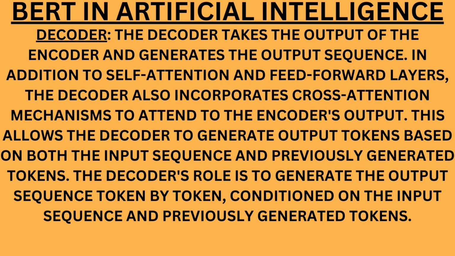Decoder. The decoder takes the output of the encoder and generates the output sequence. In addition to self-attention and feed-forward layers, the decoder also incorporates cross-attention mechanisms to attend to the encoder's output. This allows the decoder to generate output tokens based on both the input sequence and previously generated tokens. The decoder's role is to generate the output sequence token by token, conditioned on the input sequence and previously generated